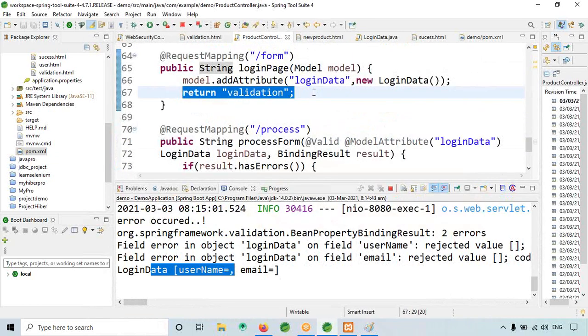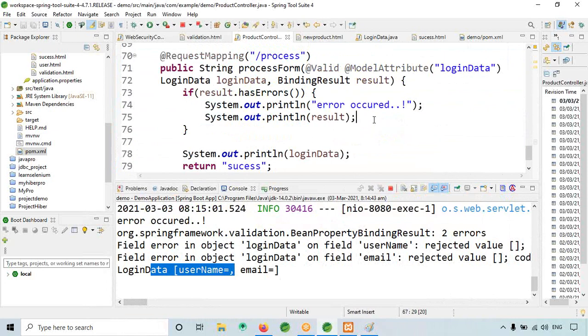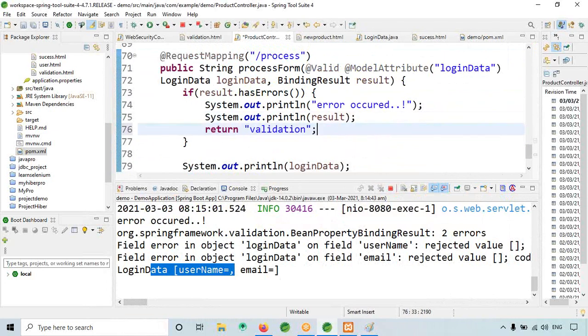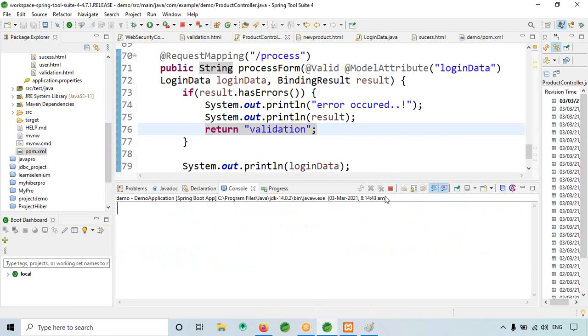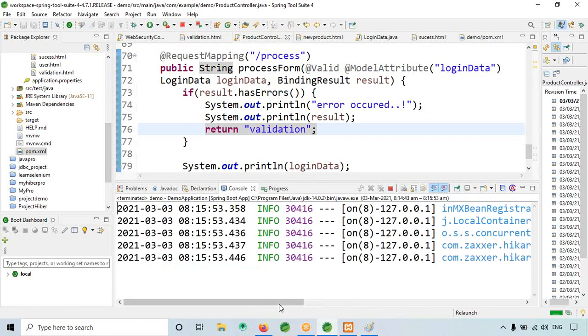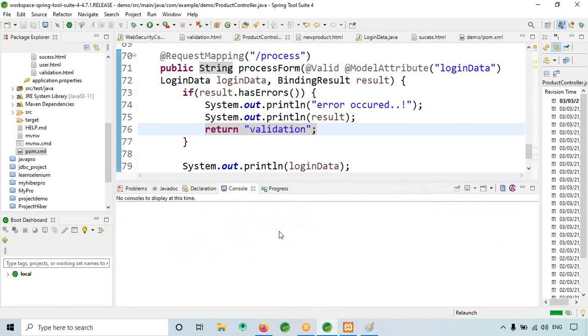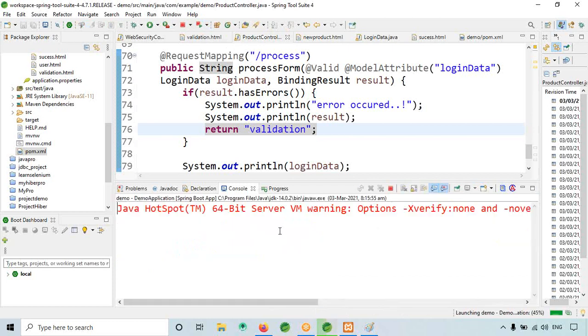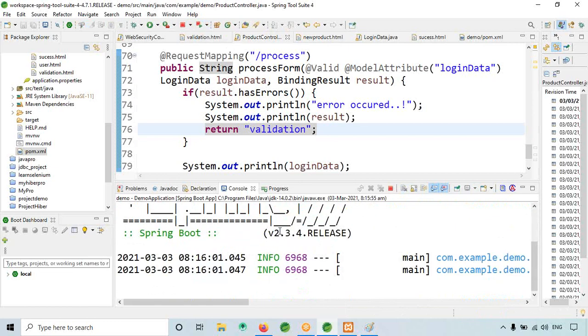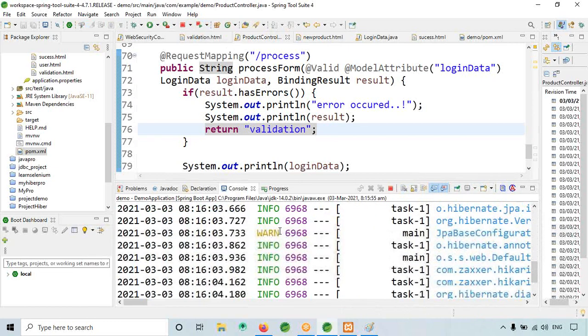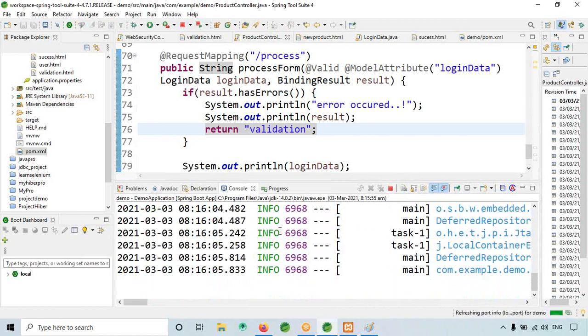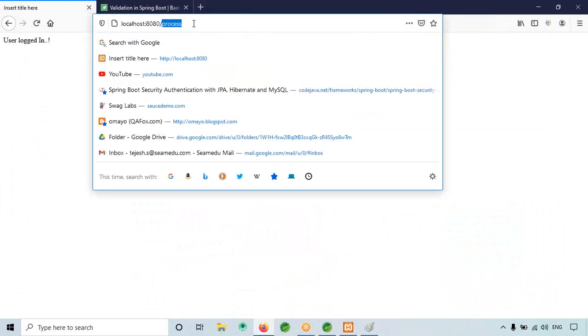Now, if the result fails, if it is an error, let it stay in the validation only. So let me restart. Now I will give slash form.